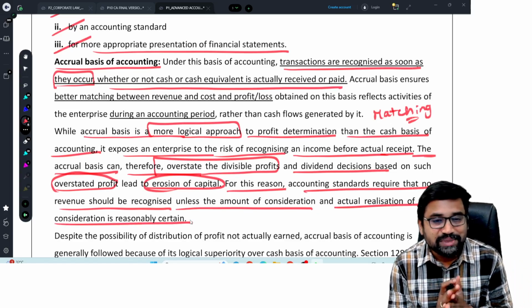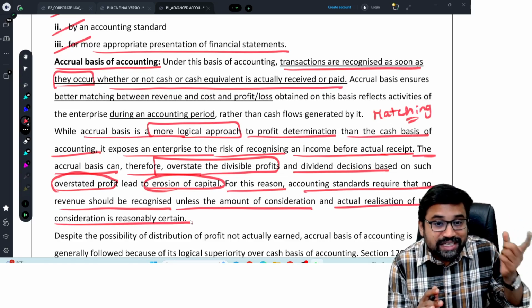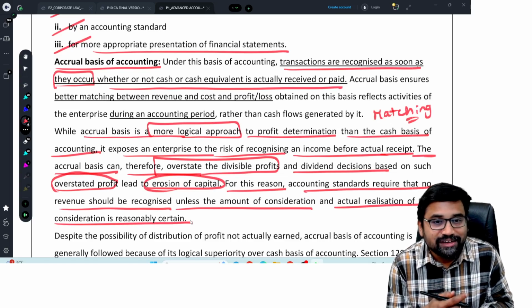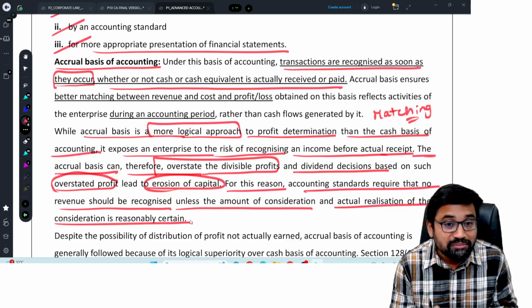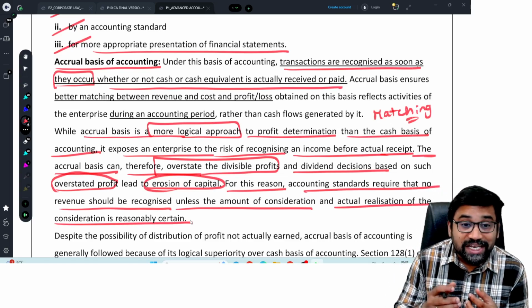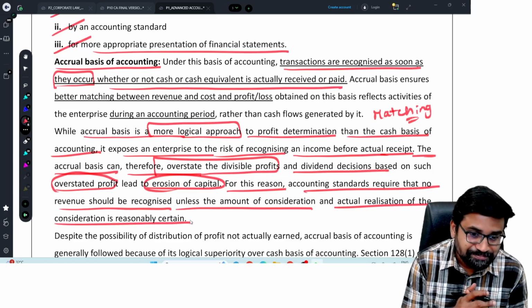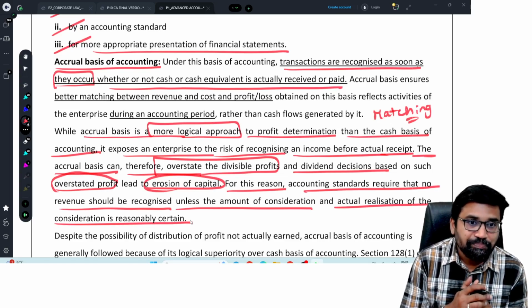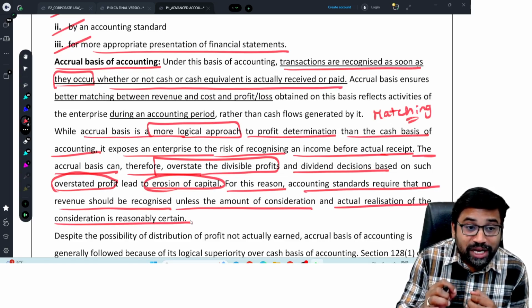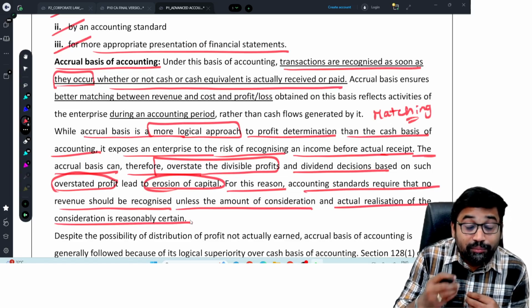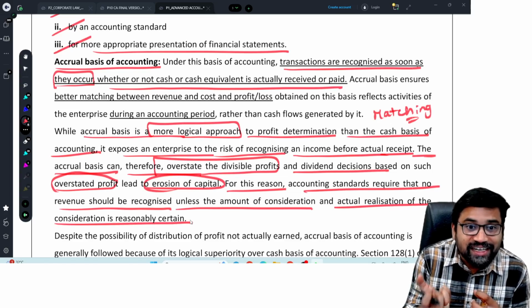So, the best example. Is accrual concept violating prudence concept? The answer is yes, maybe, because accrual says you need to recognize incomes, you need to recognize expenses when they occur. For example, we sold the goods. Now, the moment we sell the goods, we are recognizing in the books, right? Our assumption is there is a certainty.